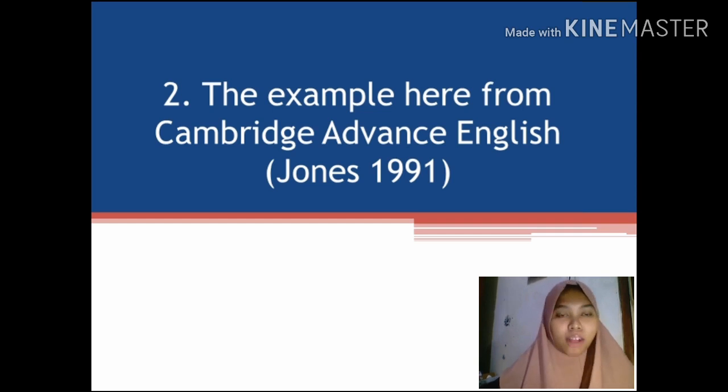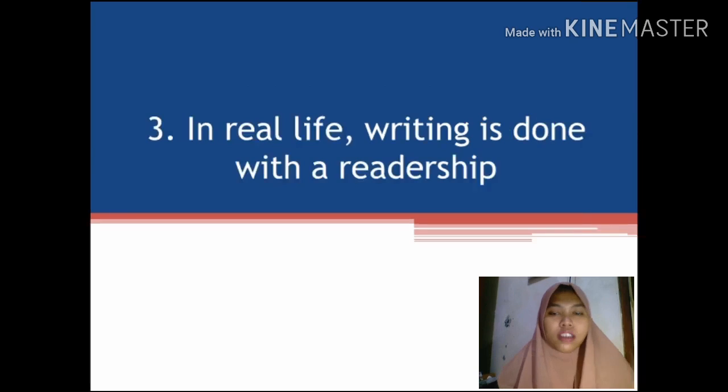You can see the example of the text in the book, page 83.